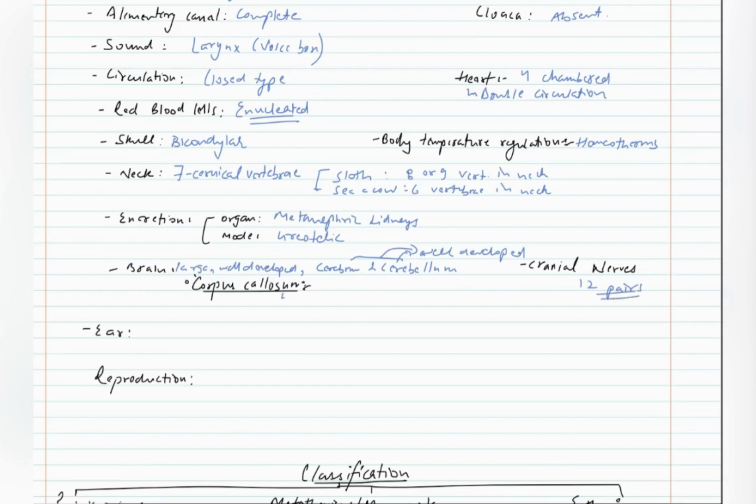Corpus callosum is a special structure which joins two cerebral hemispheres. So the two hemispheres, one will be like this, one will be like this, and corpus callosum provides connection between two cerebral hemispheres. Ear is well developed,